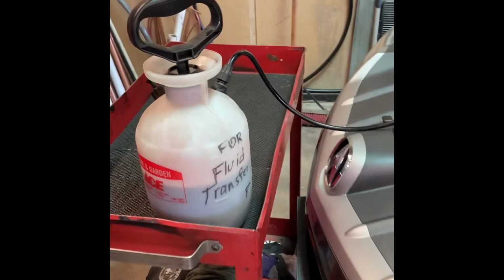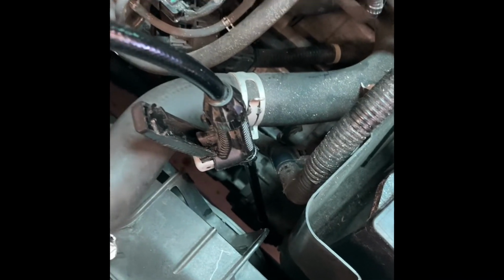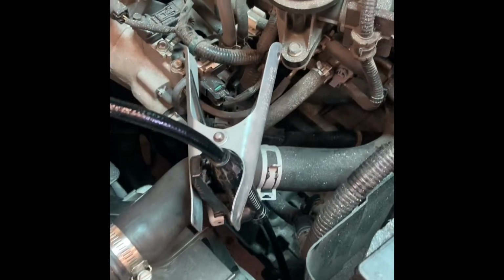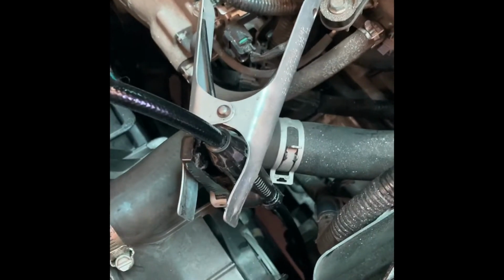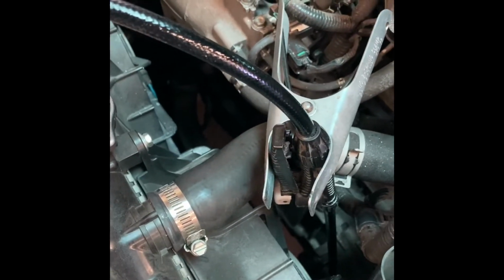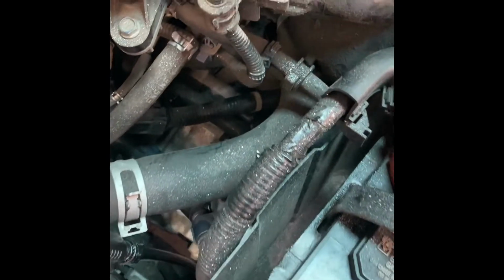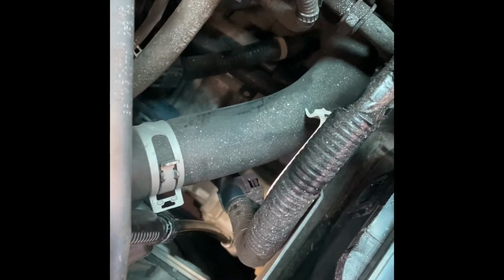So I've got my 4 quarts of fluid and I've got her down the dipstick tube, and I'm going to start pumping the fluid in. So I've got one of these pinch clamps to hold the handle closed so I don't have to stand here and hold it the whole time. And I think you can see if I get my flashlight here,